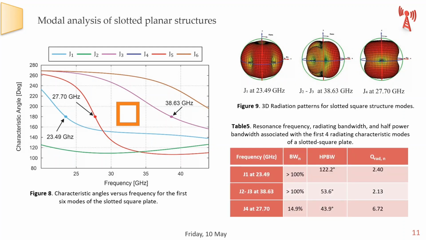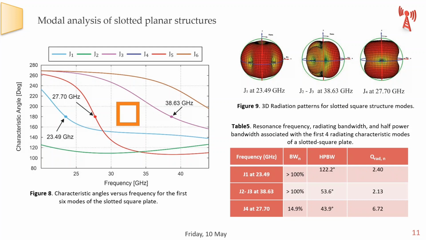The addition of a slot to the original square metallic plate has led to new resonance characteristics for the structures. This new structure now displays 4 modes labeled G1, G2, G3, and G4 at frequencies of 23.49 GHz, 38.63 GHz, and 27.7 GHz respectively. So, modes G2 and G3 are seen to have the same resonance frequency and quality factor of 2.30 as mentioned